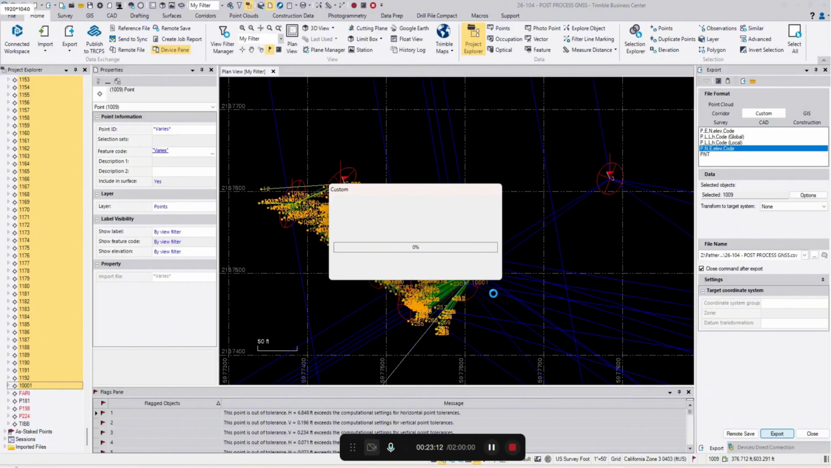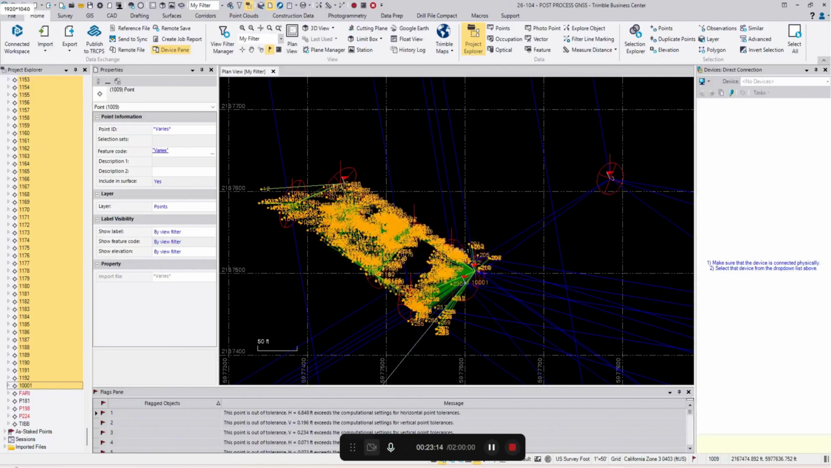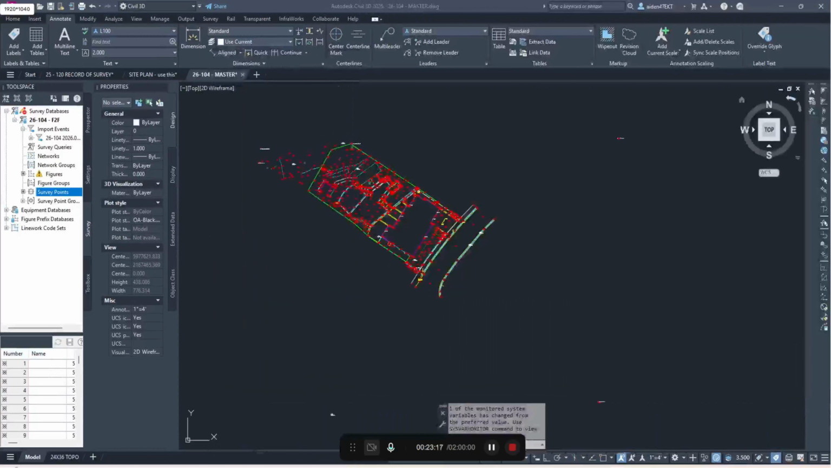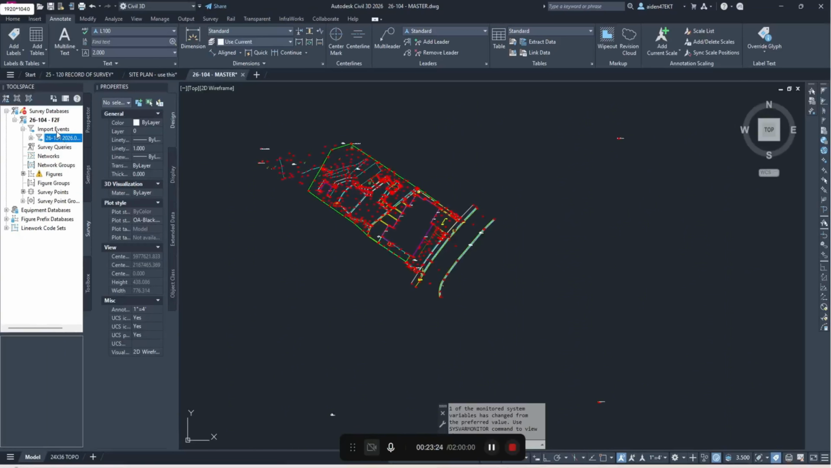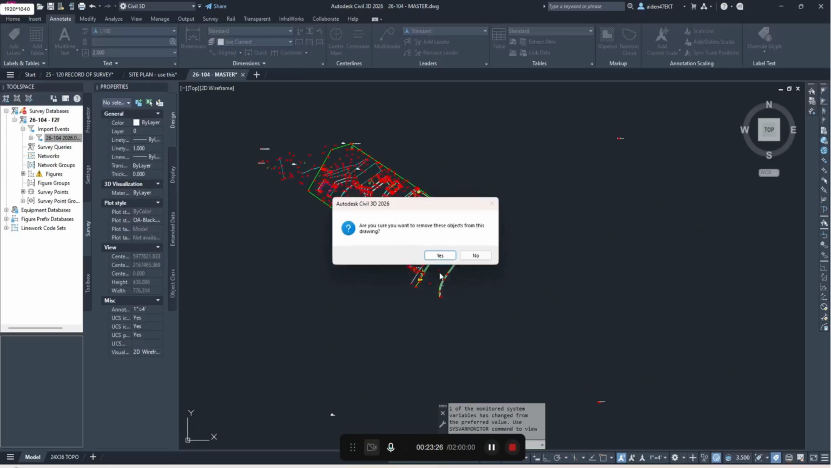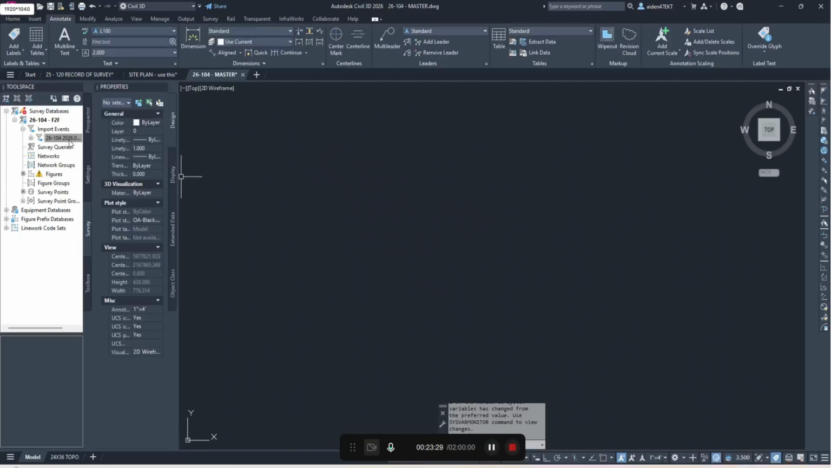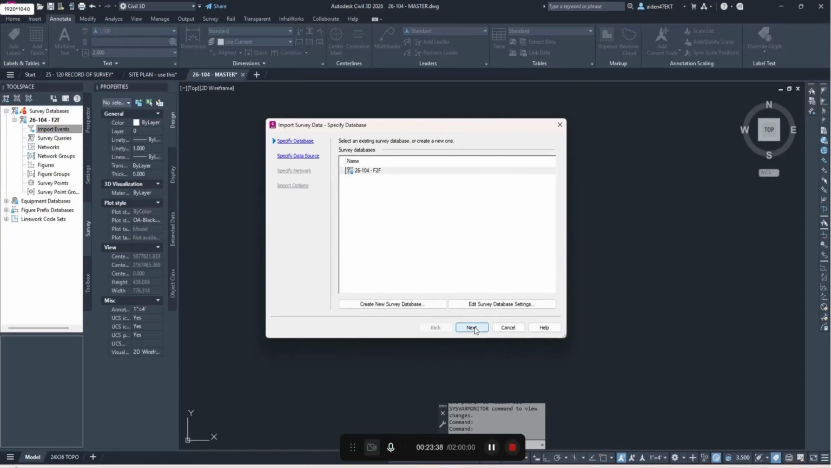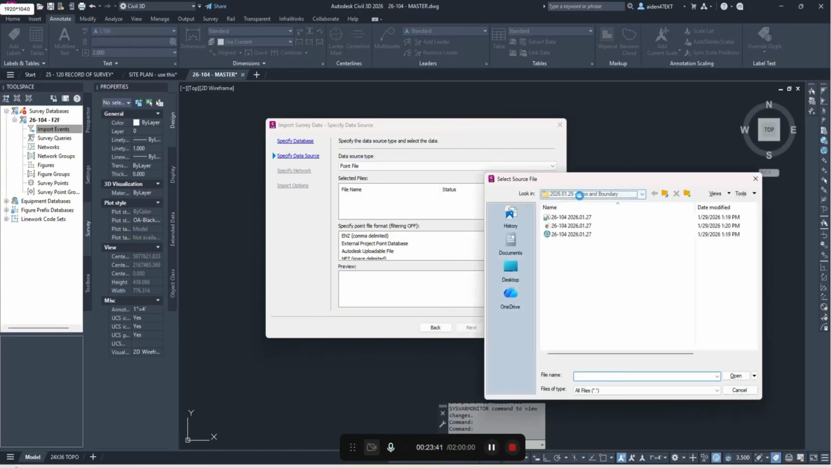Okay, it's exporting all those points there. All right, so move this off to the side. We can save this one here, Control S. So I'm actually going to remove all that from the drawing. I'm actually going to delete this because now we have the latest and greatest processed data. So hit next, plus that's the raw data. We'll go survey, downloads, post-process